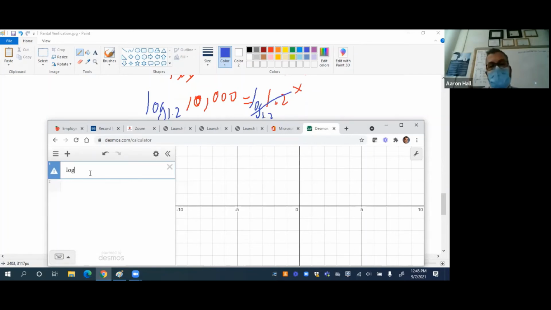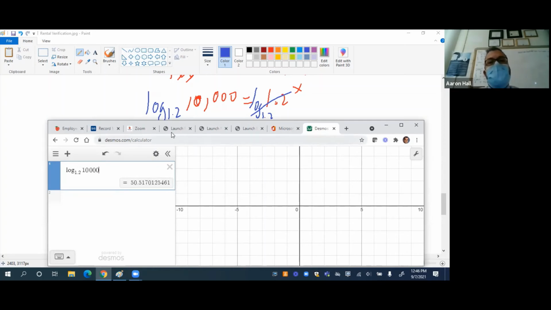Do you know what symbol to use for a base? To do a subscript, I just use the keyboard. You could use an underscore. Do you know where an underscore is? It's underneath the minus, so it's shift minus. There's my underscore. So I have log base 1.2 of